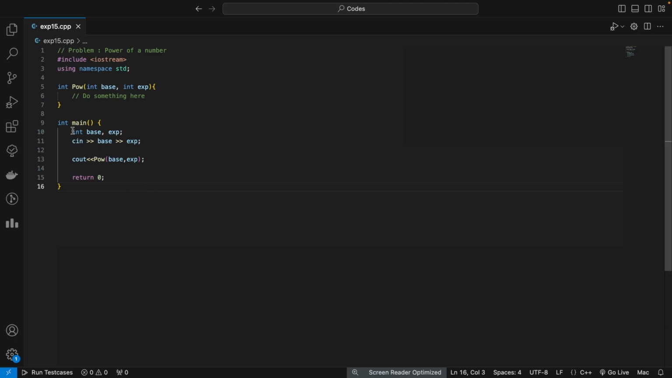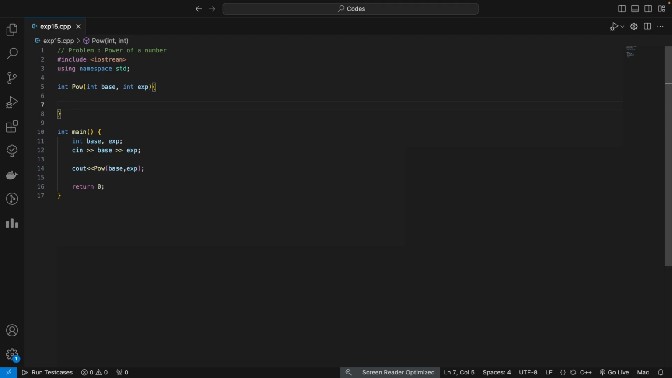So here I will declare two variables, int base and int exp, that is exponent, and I will take both the numbers as user input. Okay, and we will call this power function, and we will write the code here. By calling the function we will pass base and exp, that is exponent, as arguments. So we are going to calculate this function using the recursion concept, and a base condition will appear here,